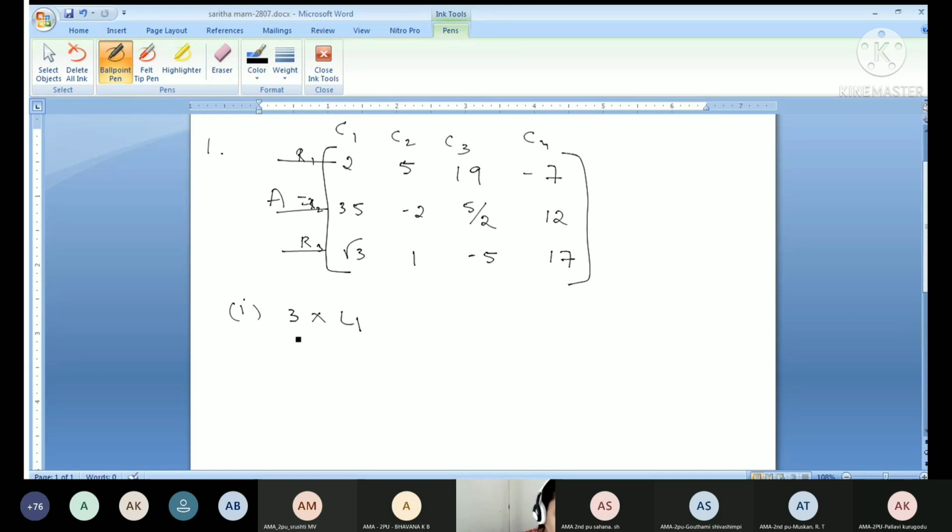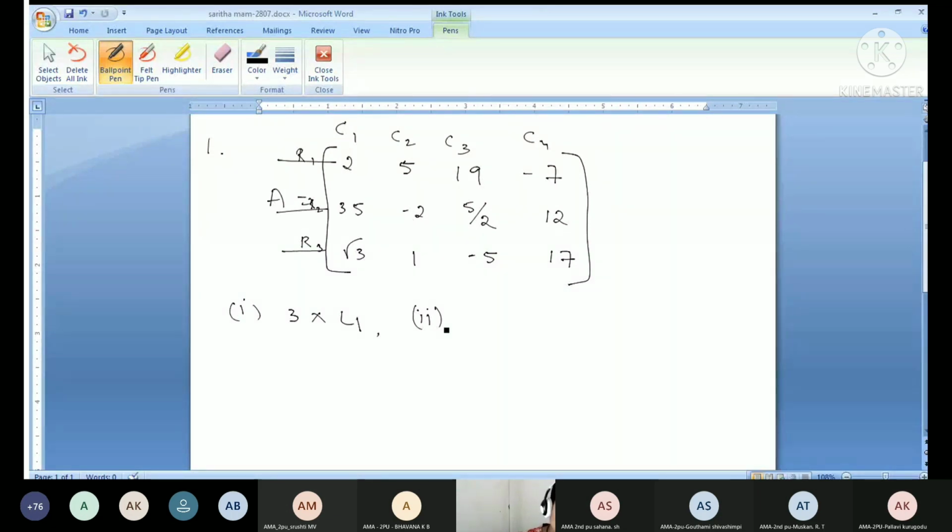Second question. So the first question is over, no? For the second question, I am writing only the answer. The second question is the number of elements. How many elements are there here? If you know the order, then multiply and write. If you say no, I will count, then go ahead, who will stop you? So the answer is 12. 3 into 4, 12.